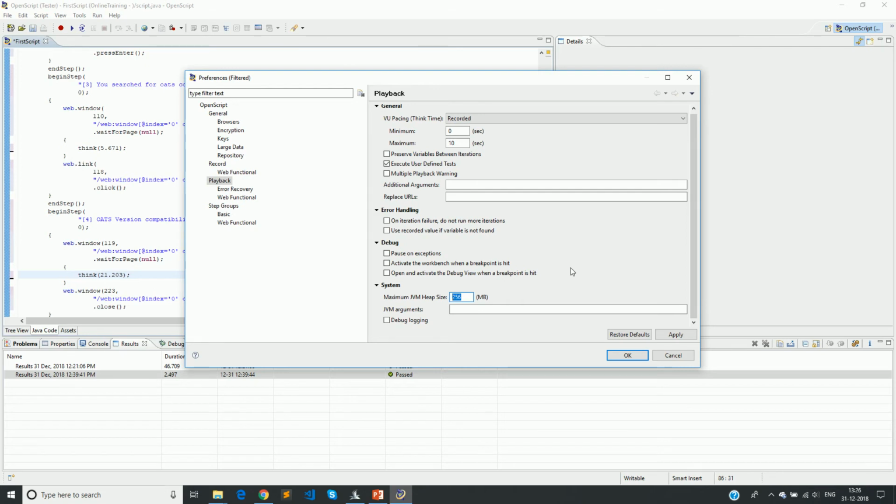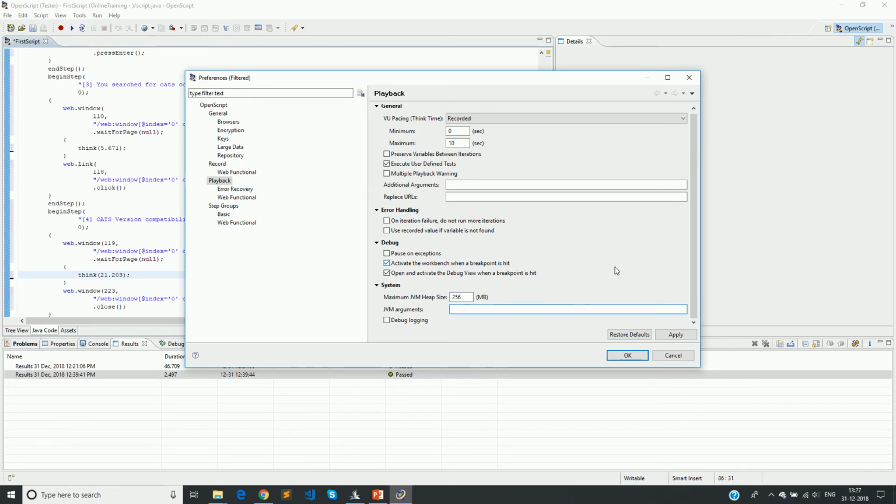So if, when you're working with OpenScript, it shows a little slowness, you can actually increase this. Make sure you give a value of 2 power n. That is, it can be 256, it can be 512, something like that. Don't give any random numbers, and make sure you do not give too much value here. It might even crash. So I would say for a good laptop with 8 GB RAM or 16 GB RAM, you can go up to 1024 MB. That's what I would say.